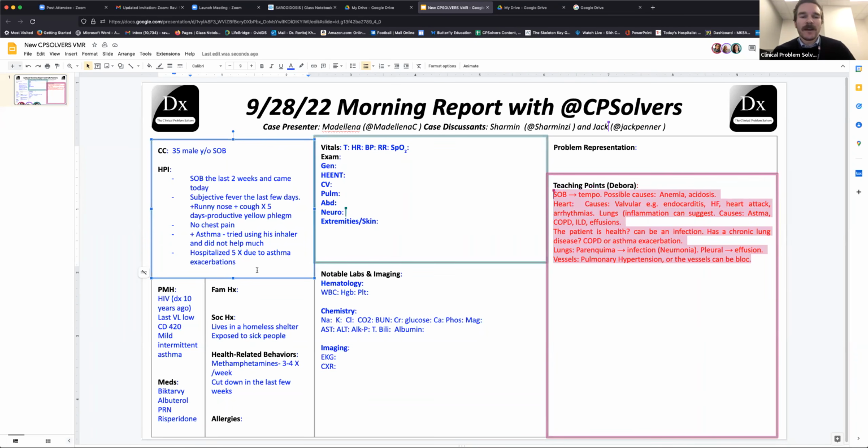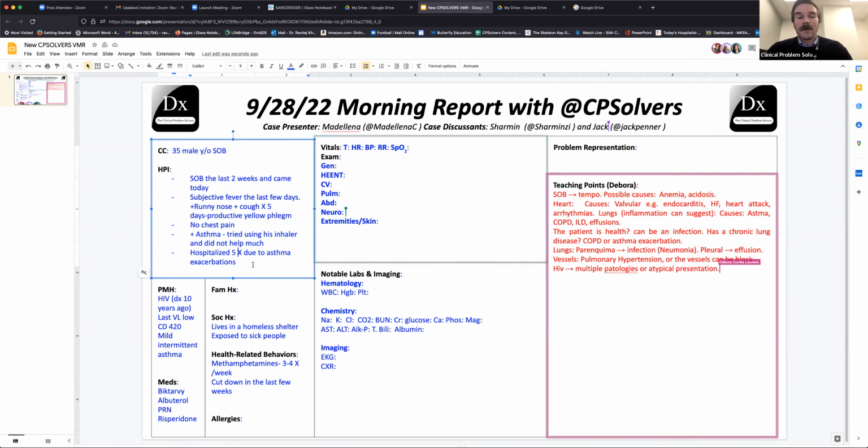I think one of the challenges here is whenever we have somebody who has a known HIV infection, we have to weigh the probability of Occam's razor against the possibility of this being a case of Hickam's dictum, right? We always want to look for the most simplified explanation for what could be causing these symptoms. But in an individual who is infected with HIV, we always have to be at least sensitive to the possibility of there potentially being multiple pathologies going on, or the possibility of this being an atypical presentation of a disease that we might frequently see or think about.